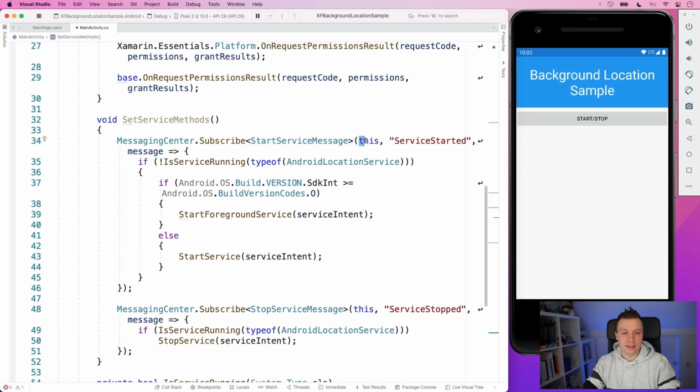And this means that this class, the main activity, is going to subscribe to it. It has to have this identifier, service started. And then this message is coming in, which is this one. And we're not really doing anything with that. But anyway, we pass that in and we're going to check if the service is running, which is our Android location service. And if it's not running, then we're going to see